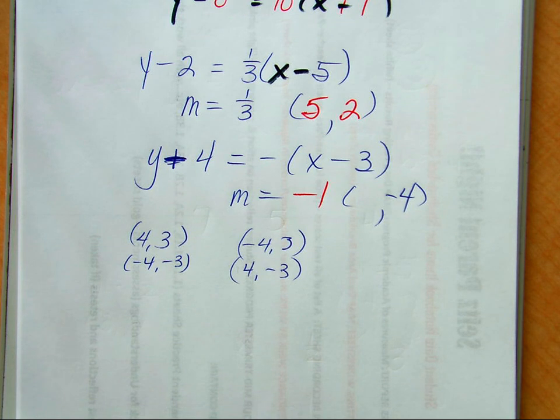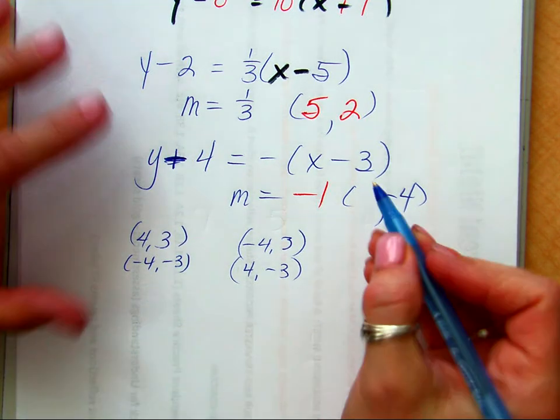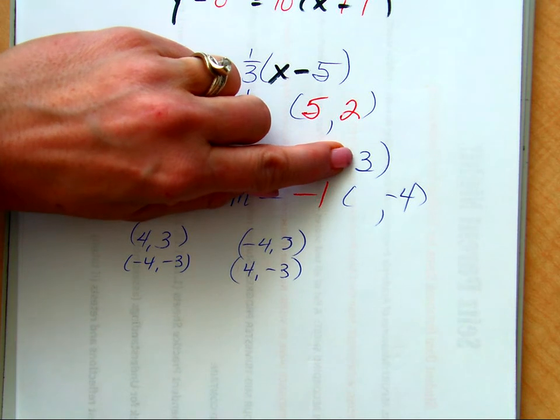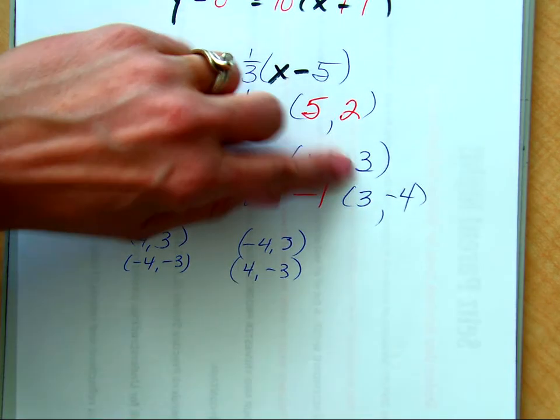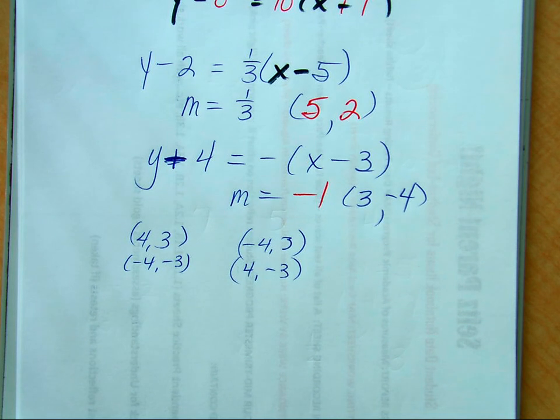Are you with me? Okay? And that 3 is a minus, which means, ooh, careful, that's got to be a +3. Good? Are you with me? Okay. So now what we're going to do